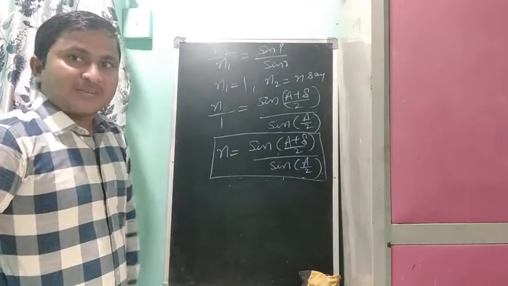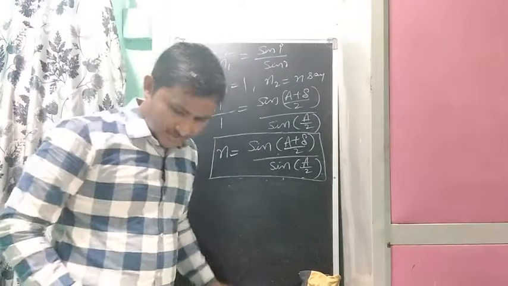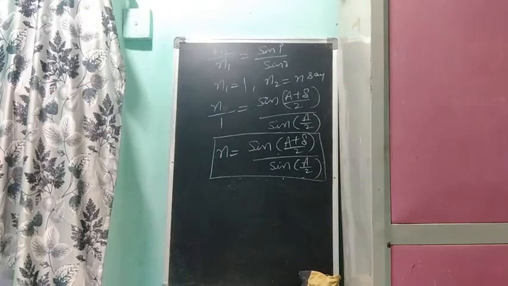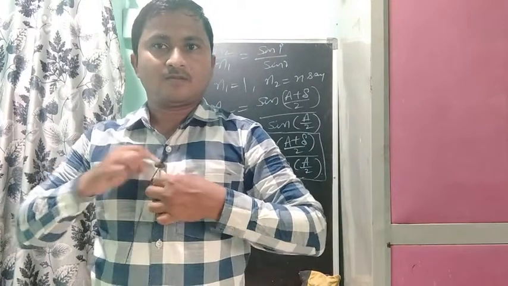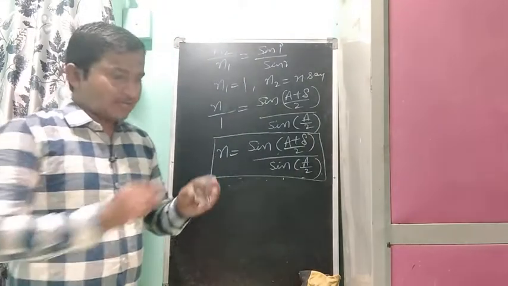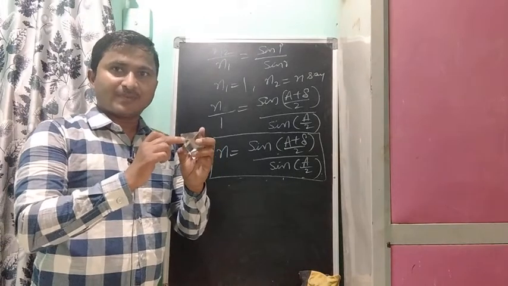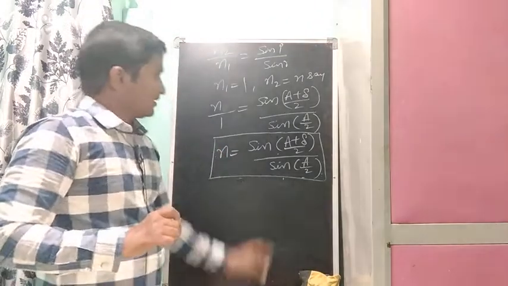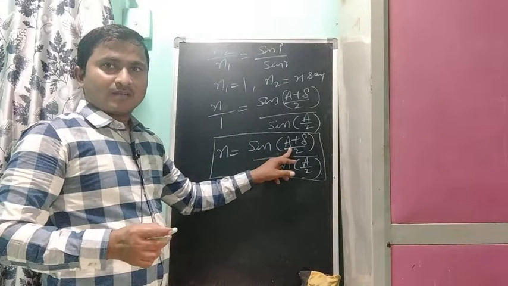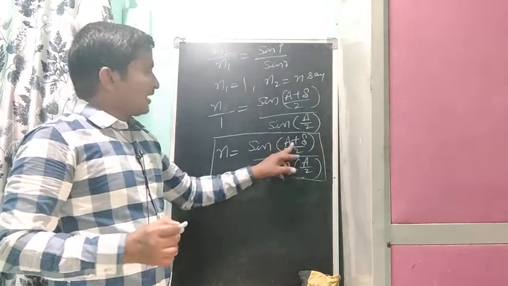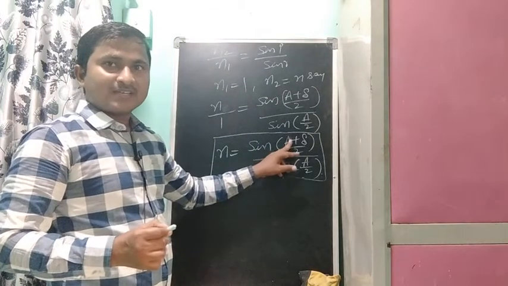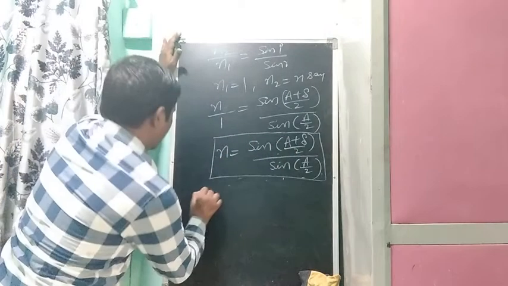Now, in case of thin prisms. Thin prisms means if the angle of prism is less than 10 degrees, this angle becomes small. From trigonometry, for smaller values of theta, sin theta is nearly equal to theta. So for thin prisms